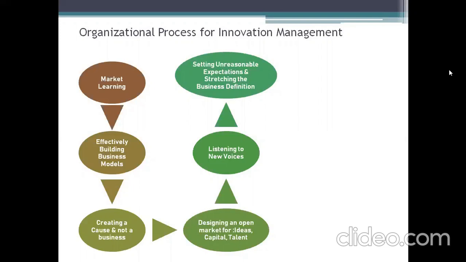If you talk about buying the products online, yes, your company is there. If you're talking about buying the products from the store, yes, your company is there. If you talk about bulk buying and bulk orders, yes, your company is doing the wholesaling. So what we are doing is having the emphasis on each and every different sector which is available to us, and that's how we are buying the products and selling products to the customer at large. So that is what setting an unreasonable expectation and stretching the business definition is.